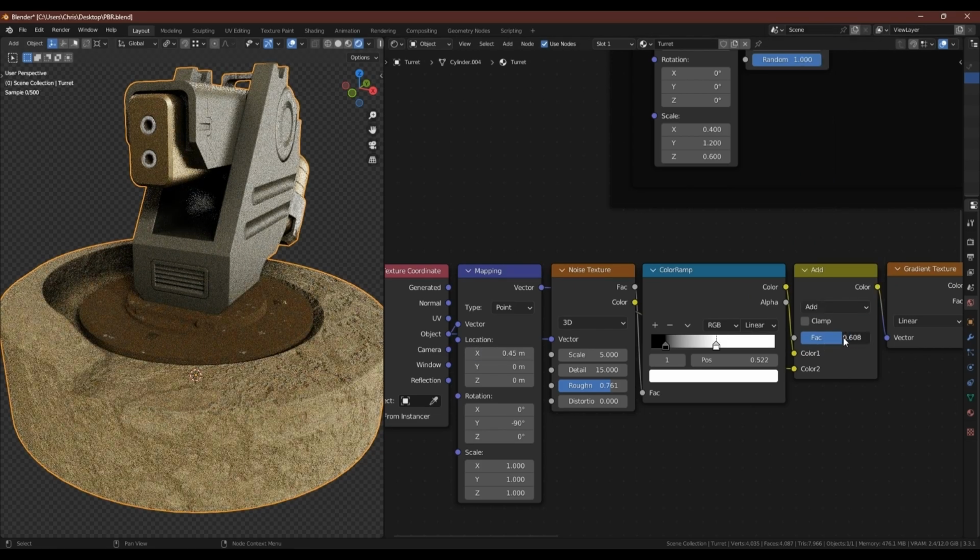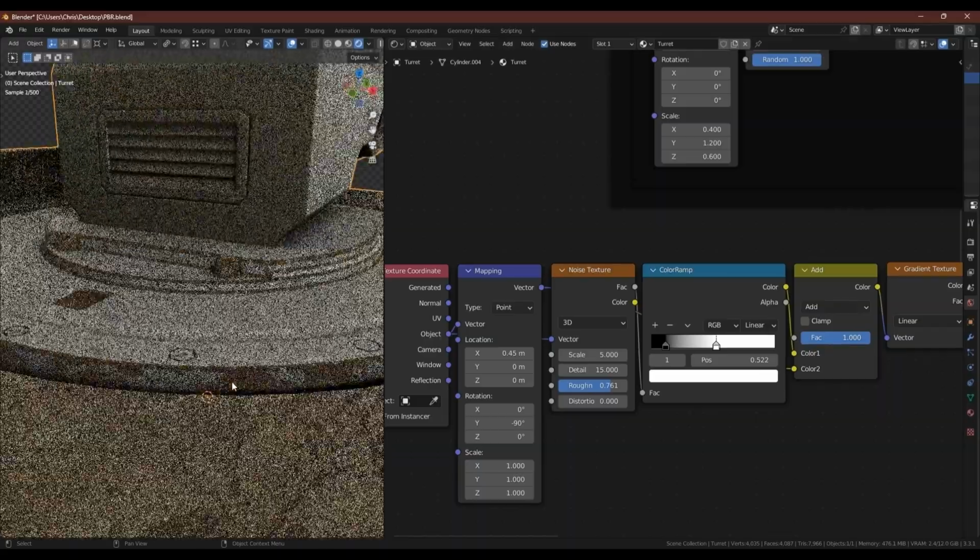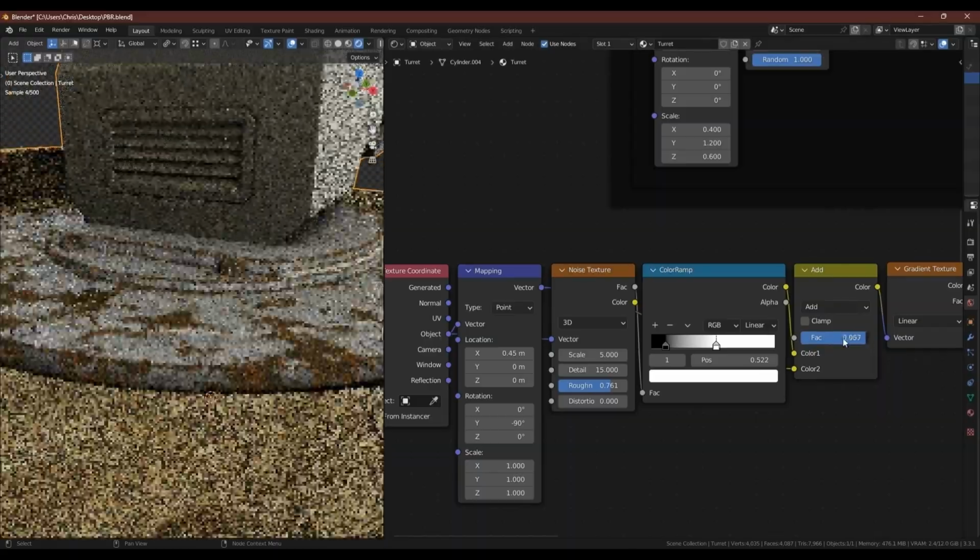And although it's on the model as a whole, you can see because it's masked out through the materials, we